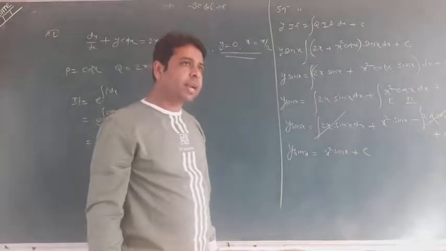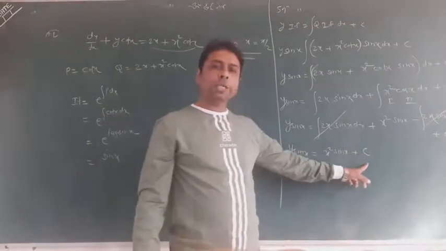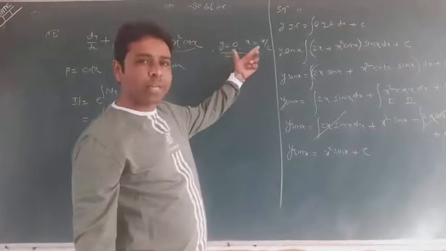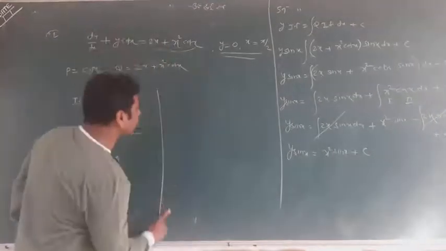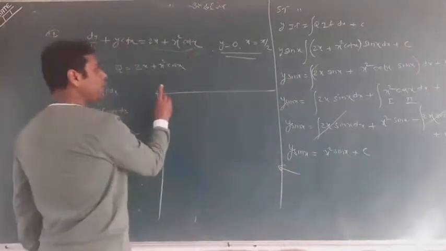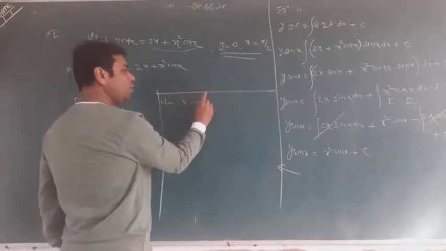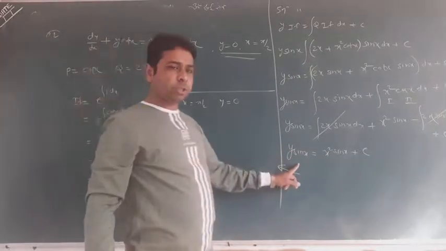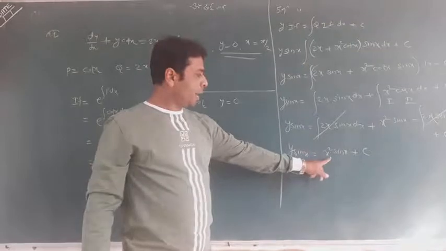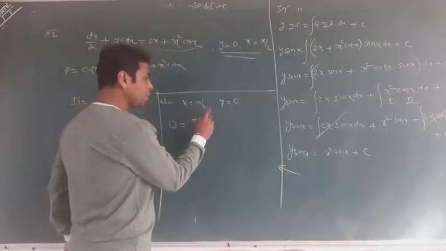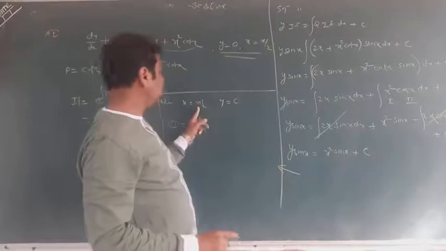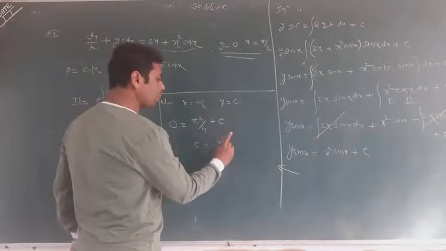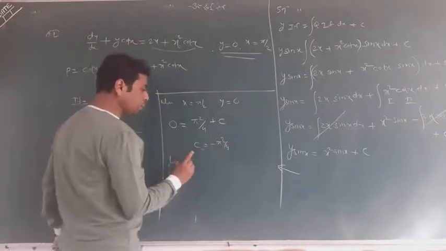But you should understand that it does not complete your answer because it is in the form of c, which is an arbitrary constant. We are having some good values here. We will put them in the answer. Can you see this condition? When x is equal to pi by 2, we have y is equal to 0. Put in here y is equal to 0. Y is equal to 0, sin no matter at all, and x square meaning pi square by 4, but sin x, sin 90, is 1, plus c. So c is equal to minus pi square by 4. This is my one equation.